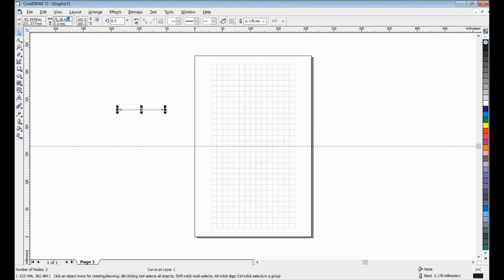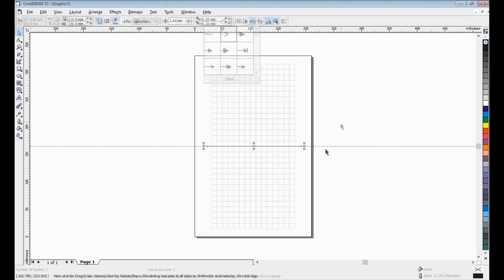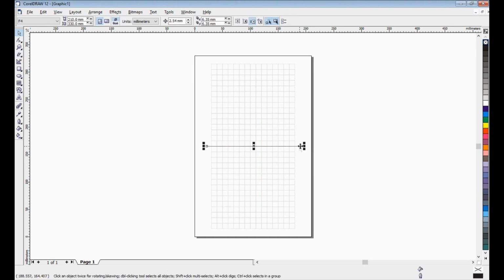I set half width like this and place it here. And have a row like this. Now I will delete first. Okay, that's the result.